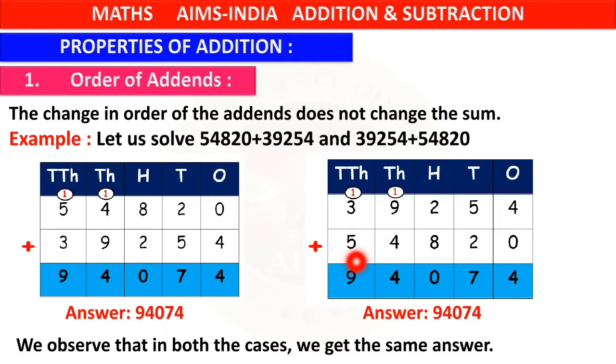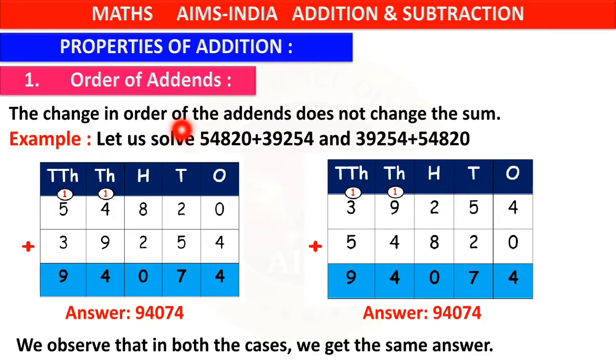Now moving on to today's topic, properties of addition. Yes, we already know what is addition, right? When we add two numbers, it is called as addition. The numbers we are adding are called what? Are called as addends, and the answer we get from addition is our sum. Yes children, now let us learn about some properties of addition. The first property is order of addends. What are addends? Just now we have discussed the two or more numbers which we are adding together are called as addends.